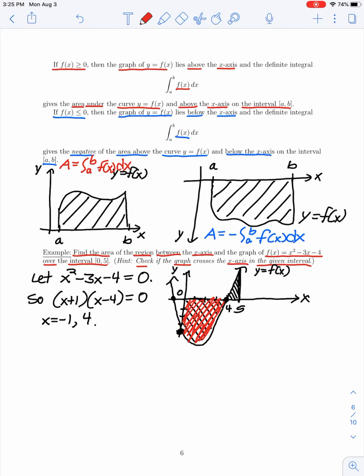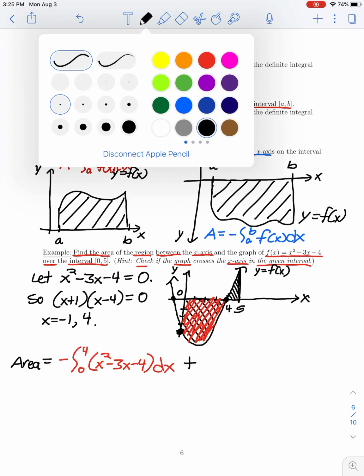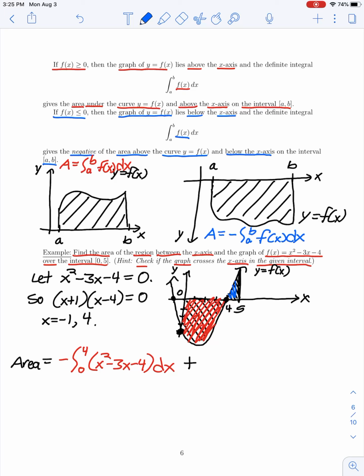So to get the area of this first region, where my function lies below the x-axis, we're going to take the negative of the integral from 0 to 4 of our function f of x, which is x squared minus 3x minus 4 with respect to x. And then I'm going to add to that the area of this blue shaded region,